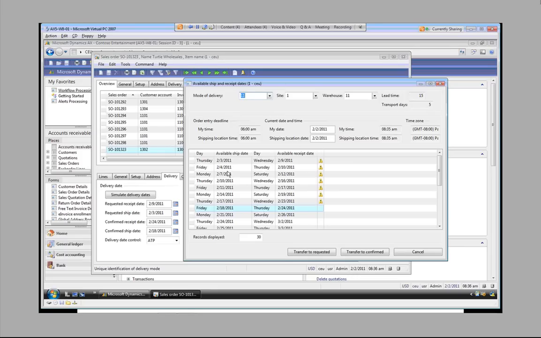Each one of these goes to a separate day. You notice how it skips from Friday to Monday, and the reason for that is that the calendar, not associated in this case with the mode of delivery, but the warehouse, says that I'm closed on Saturday and Sunday. So I can't ship it on those 2 days, but I can ship it on Monday if I choose to do that. But all this is dependent upon,